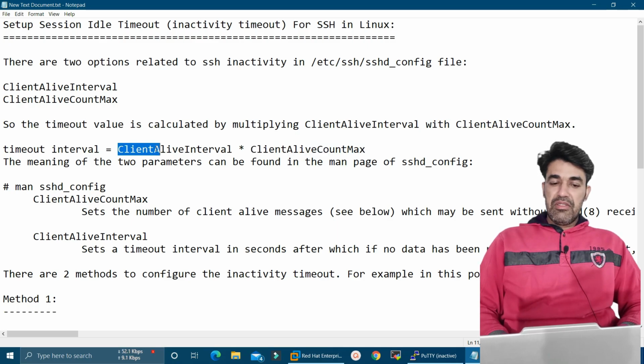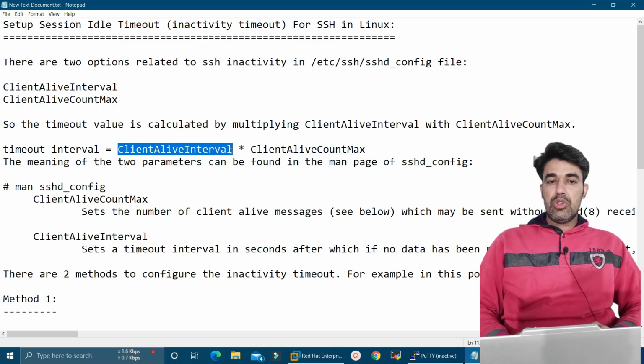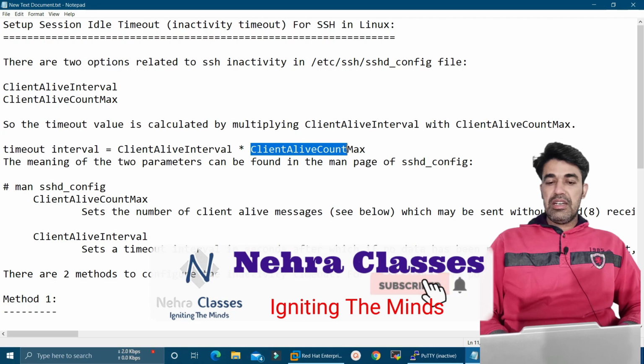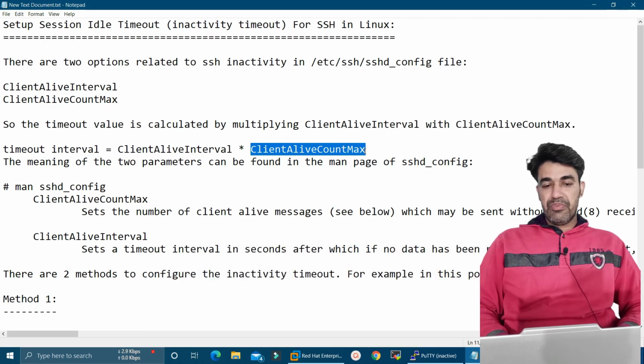The ClientAliveInterval is used to get the pop-up after the particular interval which we mention in the file, and how many such intervals we want is set with the help of the ClientAliveCountMax option. And we can disable it by setting it equal to 0.